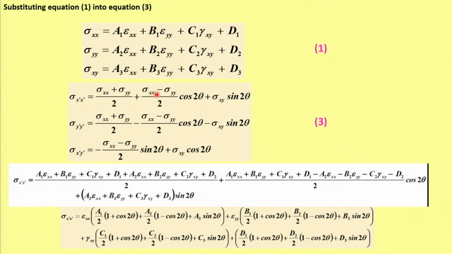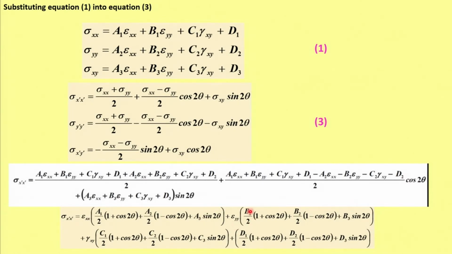Again I will substitute for sigma xx, sigma yy, sigma xy and group them. When I group them, I get a1 by 2 into 1 plus cos 2 theta. Similarly, a2 by 2 into 1 minus cos 2 theta, plus a3 sin 2 theta, and